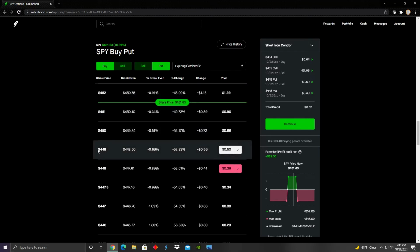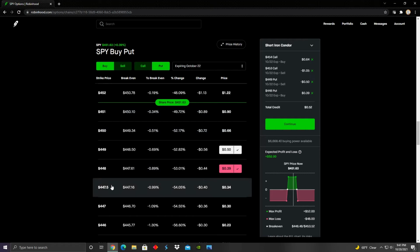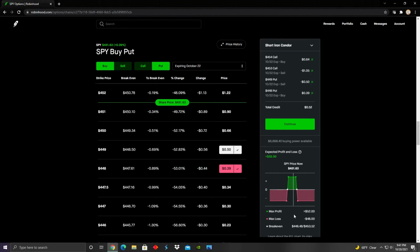until eventually, if the share price of the underlying asset on expiration date is, in this case, $448.48, that would be 52 cents below our short put contract's strike price. And since it's 52 cents below the strike price, that would mean that our max profit of $52 would be eliminated. And at that point, every penny that it dropped below that, we would start to experience our max loss. And so eventually, once the share price gets completely underneath the strike price of our long put, we would experience our max loss for the entire spread of $100, or not $100, but we would experience the max loss of $48,